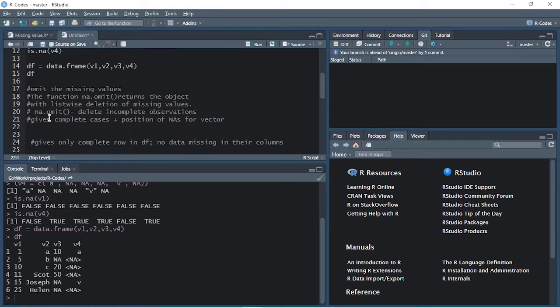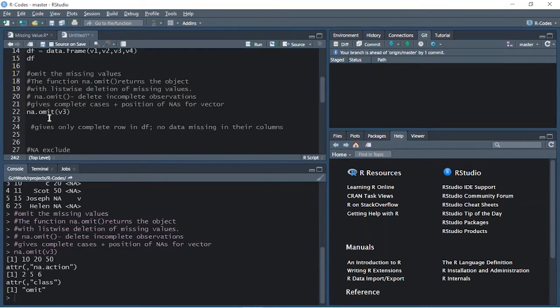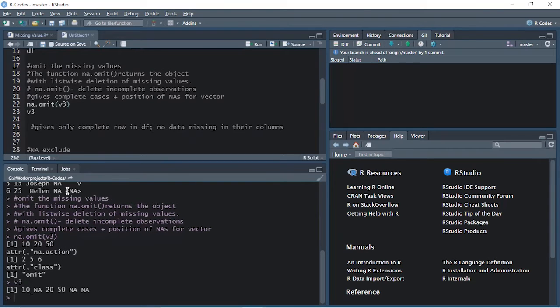So if I say na.omit and within the bracket, I'll give the vector name, let's say v3, and I'll execute this line. It has given me all those values which are complete in that data set. Now, how do we know that? Let's print v3 as well. So if you see, 10, 20 and 50 are the complete values, it has responded with that.